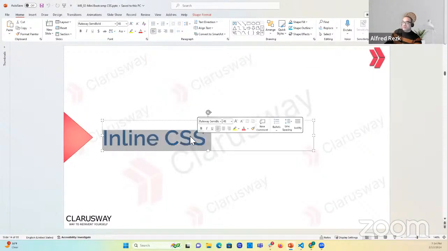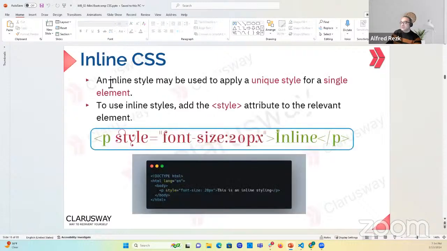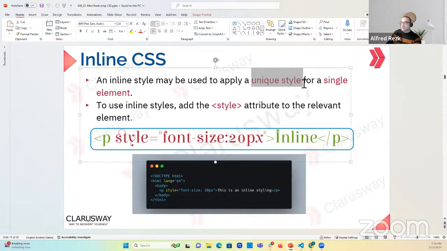Let's talk about the very basic implementation of CSS, which is the inline CSS. Inline means it's inline with the element. So an inline style may be used to apply unique style for a single element. To use inline style,